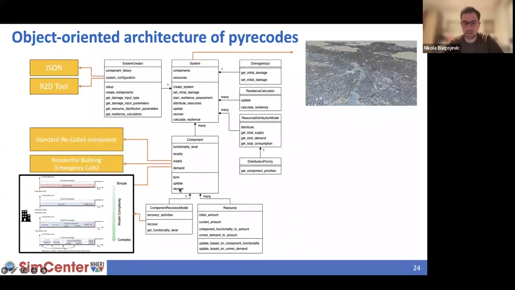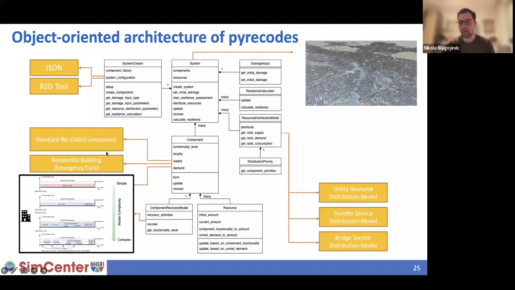Each of these components has its own component recovery model, which is central for assessing how supply and demand change over time. And you can use many different component recovery models in pyrecodes. You can use very simple ones, such as the ones proposed in HAZUS, when you have a single parameter describing recovery, which is the recovery time. But you can also go into something more detailed, such as a REDi type of recovery model, or you can also condition the progress of each of these recovery activities, as we call them, that can be impeding factors or repair. You can condition them on the availability of resources, so you can capture resource constraints related to recovery.